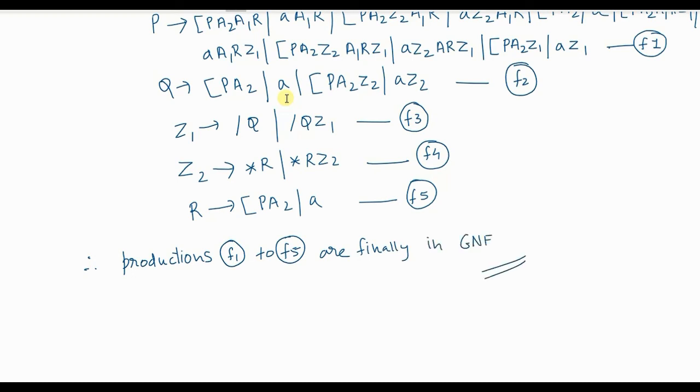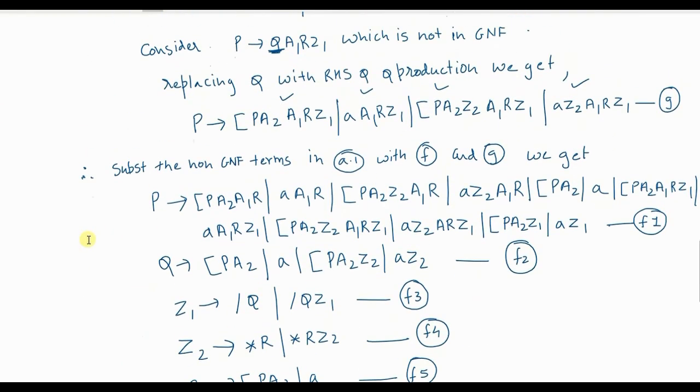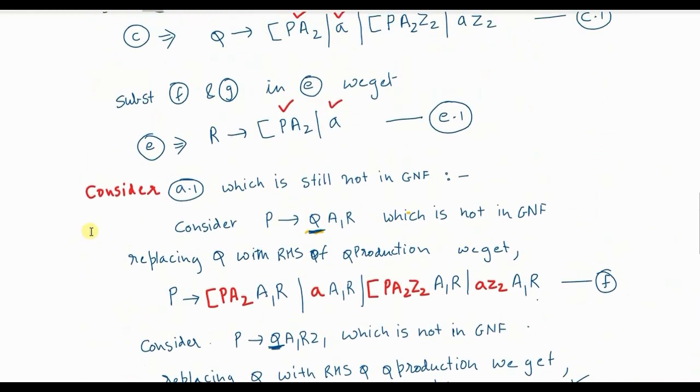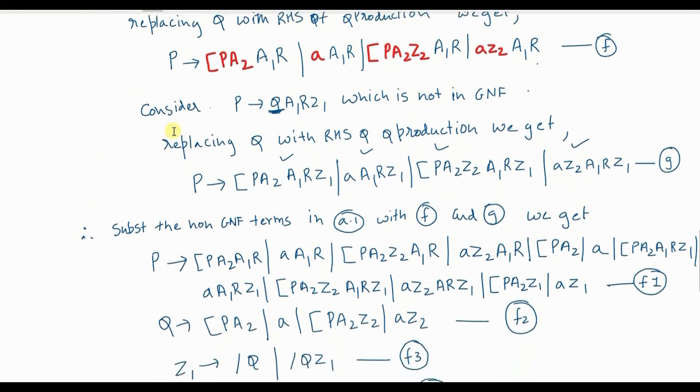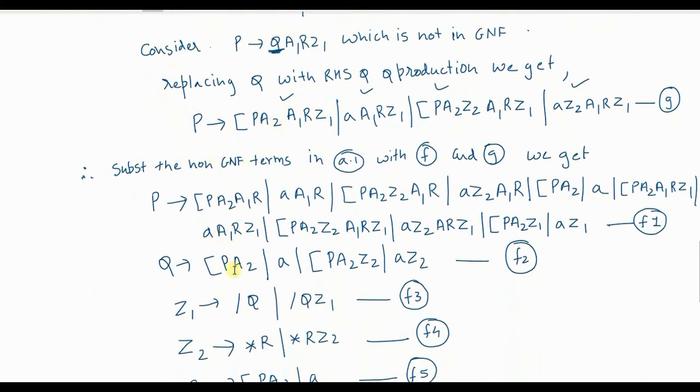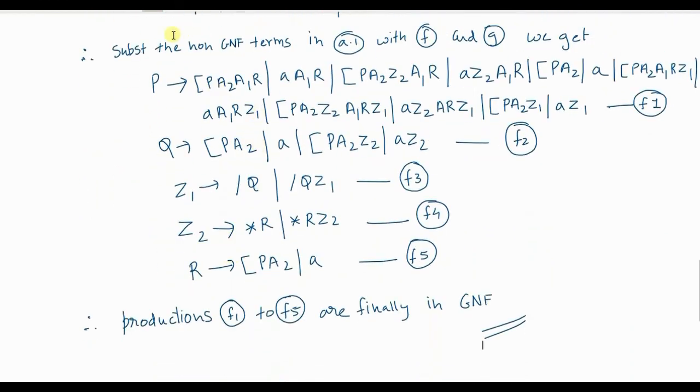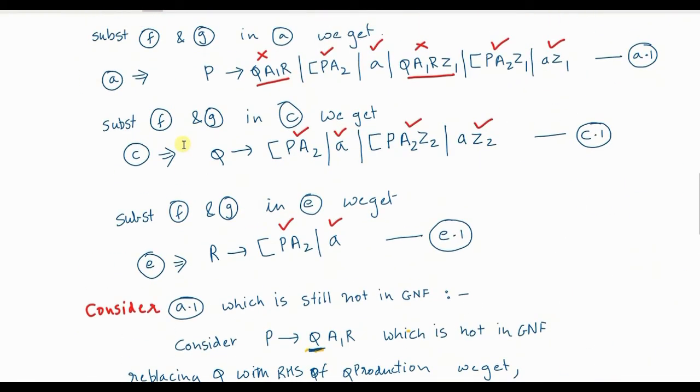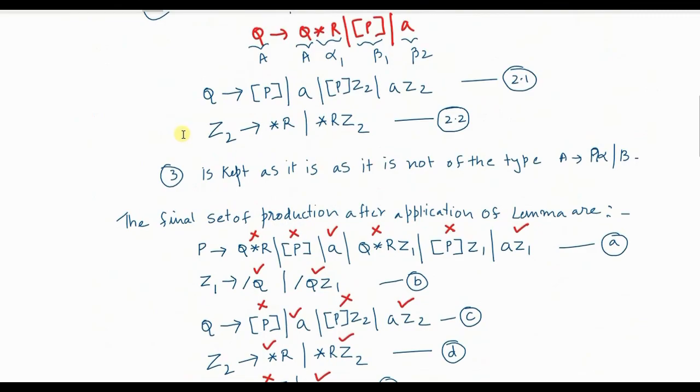So it's a bit tedious to write. There are a few things which I want to tell you at the end. Students many times make mistakes while copying the terms. You have to be very careful while copying the terms. That's the only key for solving it correctly. So this is how the Greibach normal form problem is solved whenever the lemma comes into the picture. Thank you.